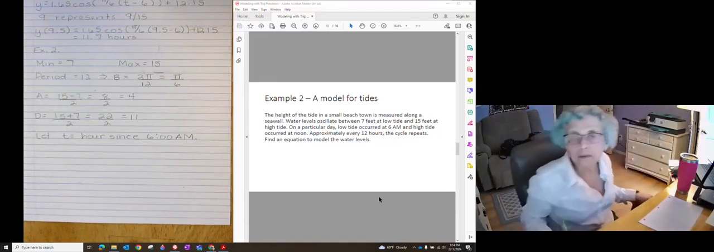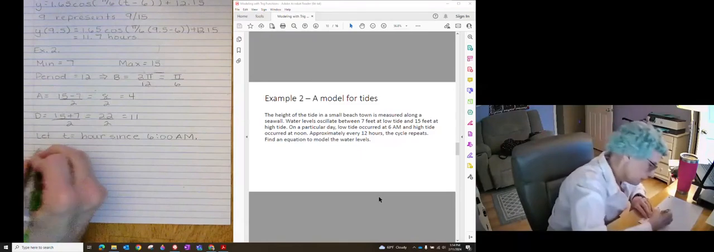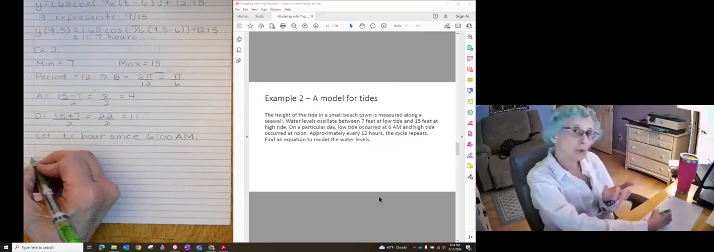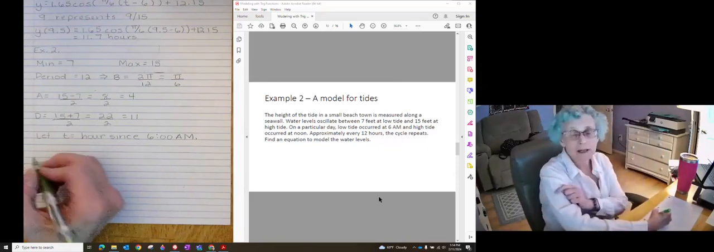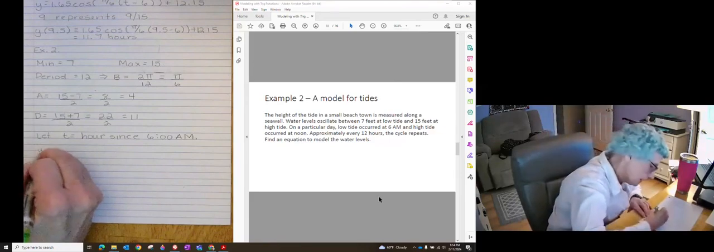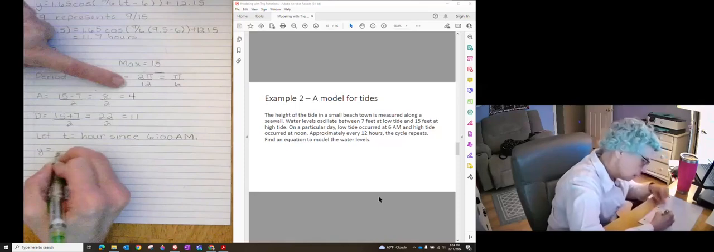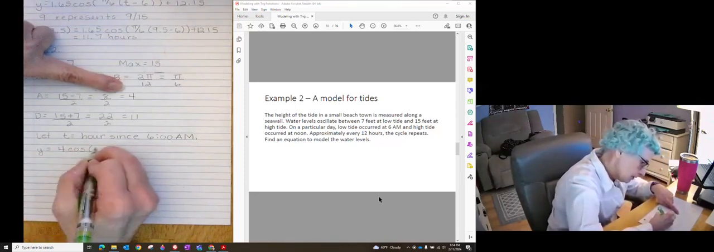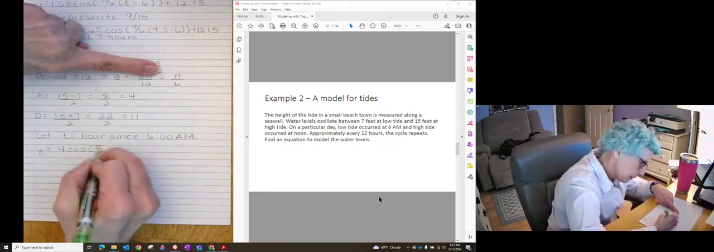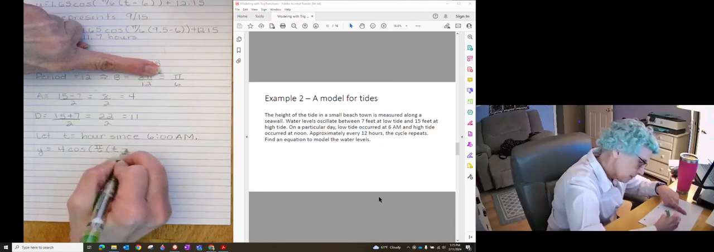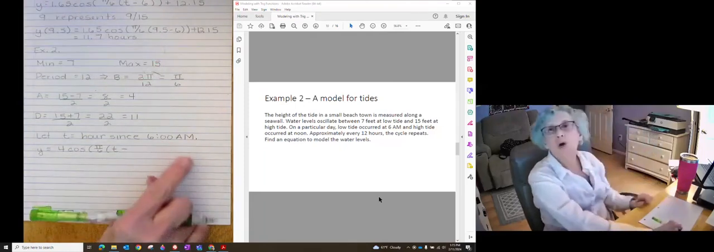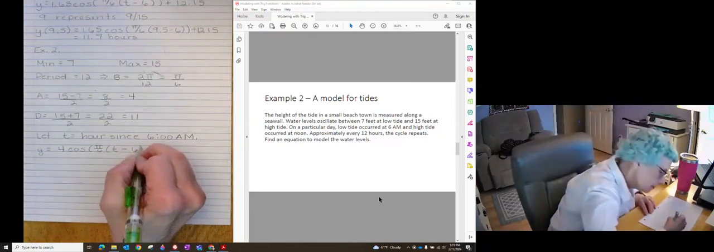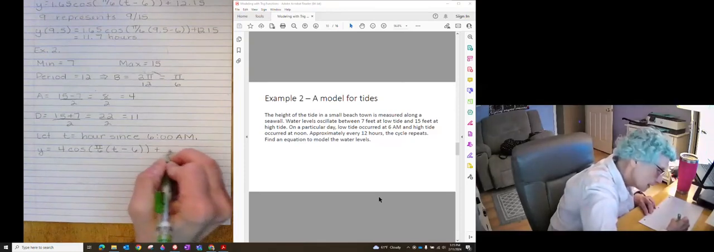And high tide was at noon. That was 6 hours later. So I have choices. I know when my high tide, my max, was. I could let Y be equal to A, which is 4 times the cosine of pi over 6 times T minus, my midline happened at noon, which is 6 hours after 6 a.m. So T minus 6 plus